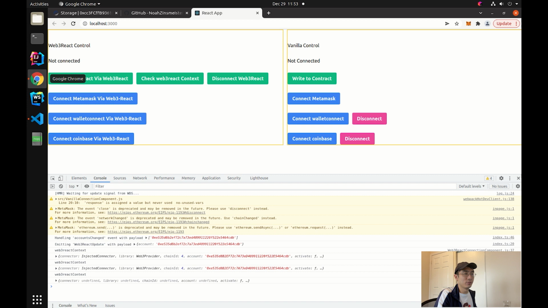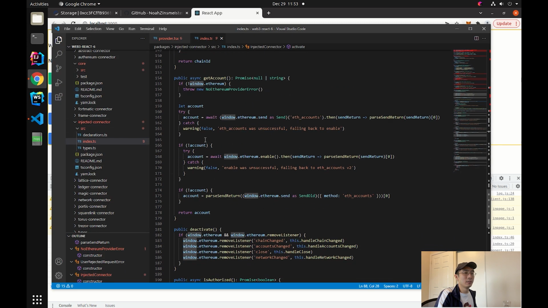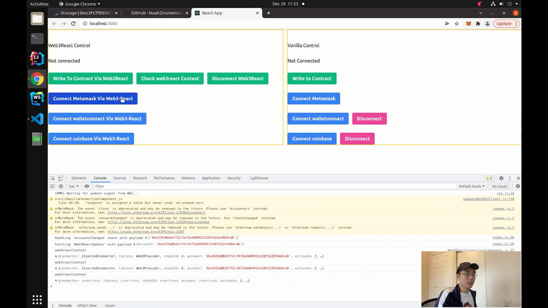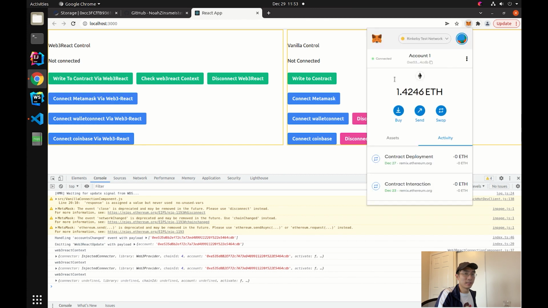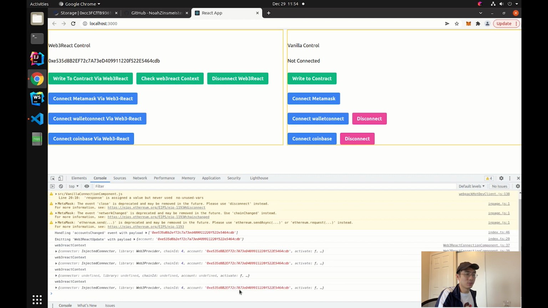So the disconnect, if you see in their code, just for Metamask, the disconnect function just removes all those listeners, nothing else. Okay? Then I see this one is still connected, right? If I click this again, it won't ask me for password or anything. It's just gonna pick it up right away, because I'm gonna show you now we have access to those contexts again. It's a special case for Metamask, I would say. And you will see it is different for walletconnect and Coinbase. Now if I disconnect, you'll see